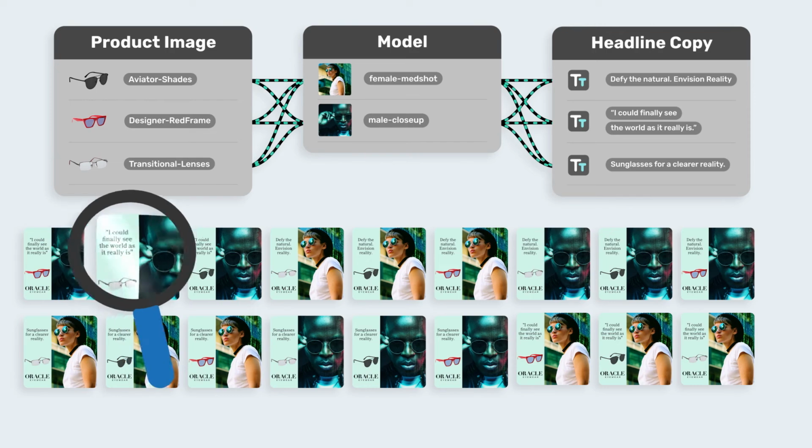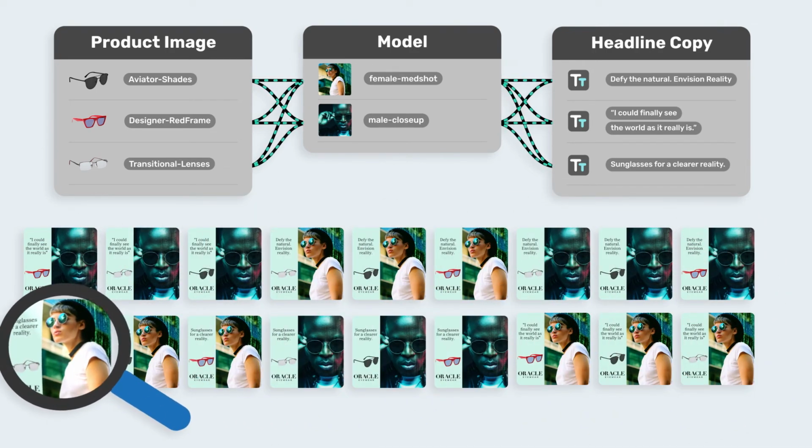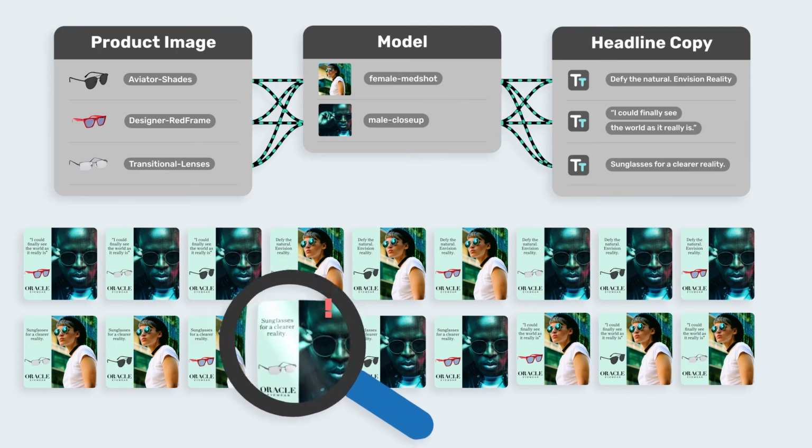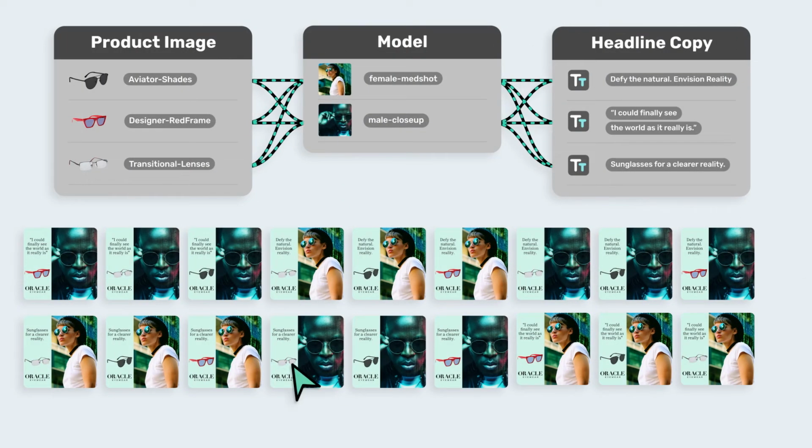Do each of them make sense together? Is there an element in one group that can't work with an element in another group? We notice that the combination of one product variant doesn't really play with one of our text variants. Since we can't just omit a specific combination of elements, let's think about our priorities for this experiment. Right now we're focused on learning more about our headline, so we can just remove the one product image.